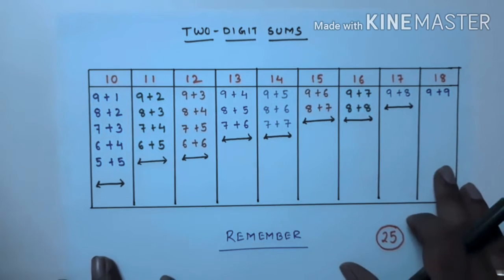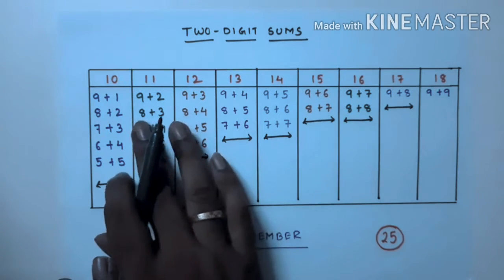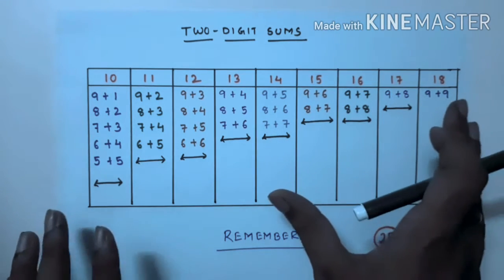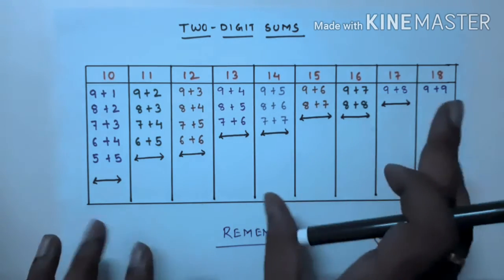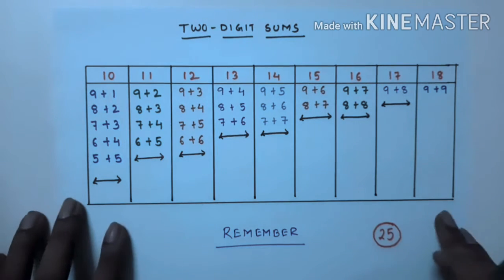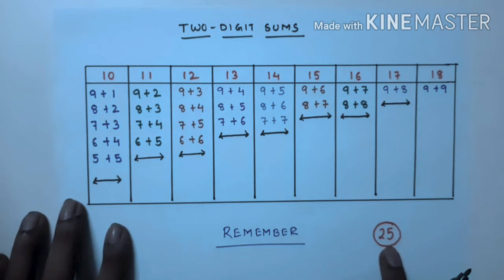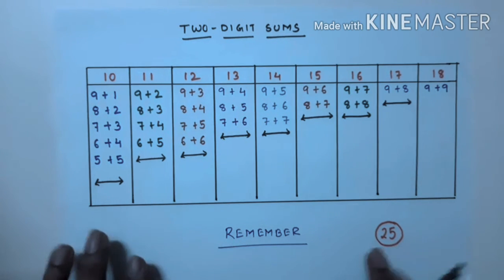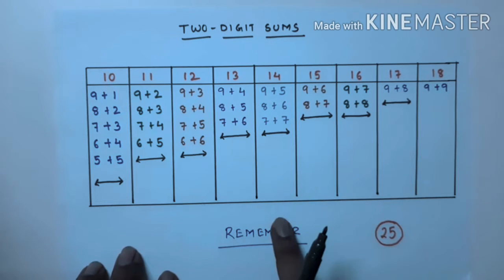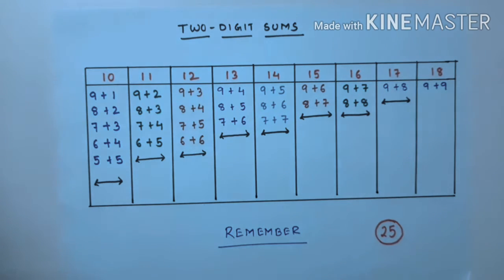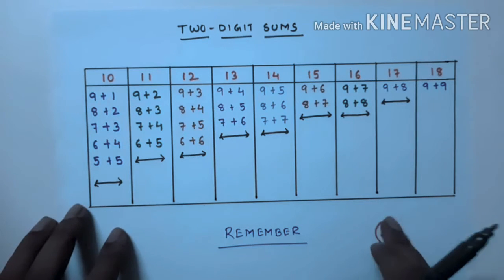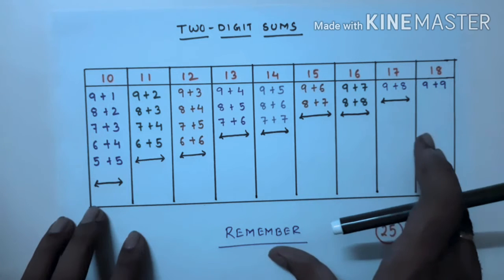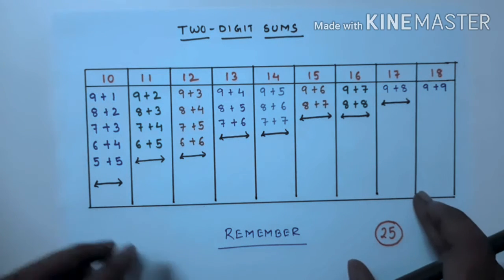So for this what we have done, we have listed out some two digit sums. So what are the possible two digit sums? We'll have 10, 11, 12, 13, 14, 15, 16, 17 and 18. These are the only possible two digit sums when you add single digit numbers. Okay. So total like this we have 25 combinations. So that 100 combinations we have filtered to 25 now. So if you remember these 25 combinations, any sum will be easy to calculate. But these 25 combinations we have to remember. Then only we can follow any addition tricks.